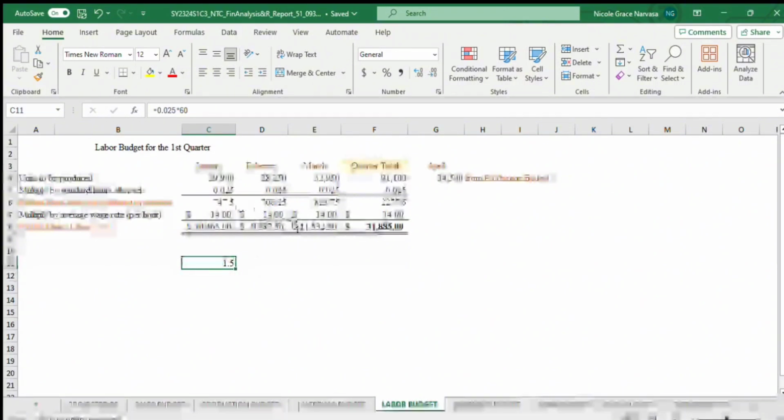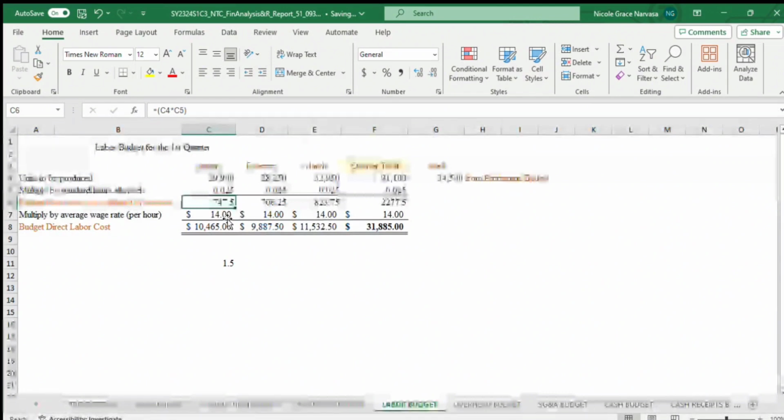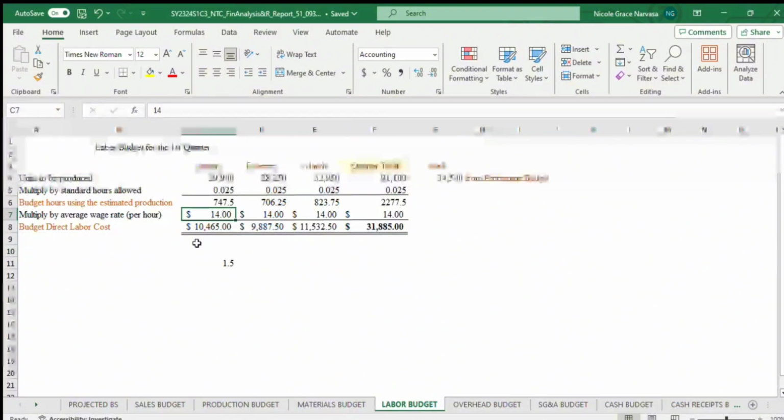So if we multiply it to 29,900, that will give us a total of 747.50 budget hours using the estimated production. And we need to multiply it again to the average rate per hour, which is, for example, $14. So if we multiply it, that will give us a budget direct labor cost of